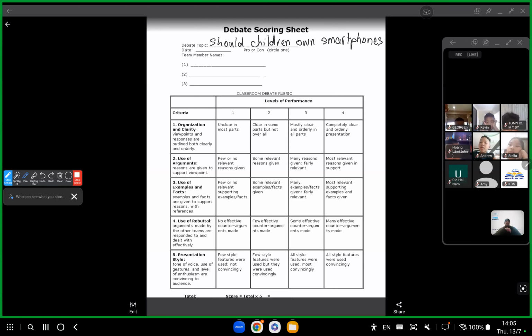So they're going to write the topic of the debate across the top of the form here. They'll write the date that the debate is happening on. So I'll just use today, which would be 13th of July,